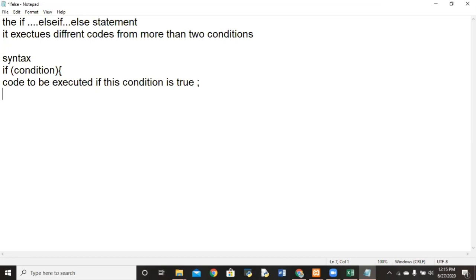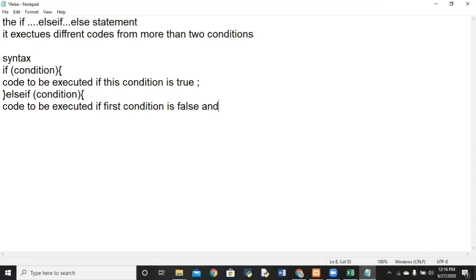Okay, closing that curly brace, else if, curly braces start, then condition, else if condition, then starting that curly brace, after that code to be executed if the first condition is false and this condition is true. Okay, then coming to the last one, that is else.